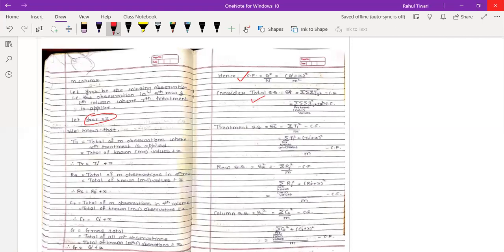It is same. जो आपने पीछे लिखा है, आरबीडी के केस में लिखा है, वही फॉर्मूला यहाँ पे हमने यूज किया वापस. जो ट्रीटमेंट का फॉर्मूला आपने आरबीडी के केस में यूज किया वही फॉर्मूला यूज किया है. Only difference is here, instead of Q we have M, because M is same for all observations, like rows, columns all are same. That's why it is divided by M. Similarly rows के लिए होगा R_J dash plus x square upon M. Similarly columns के लिए लेना पड़ेगा C_K dash plus x square upon M minus here.